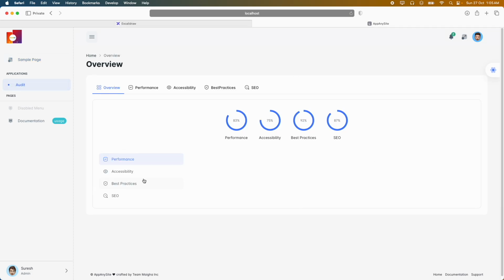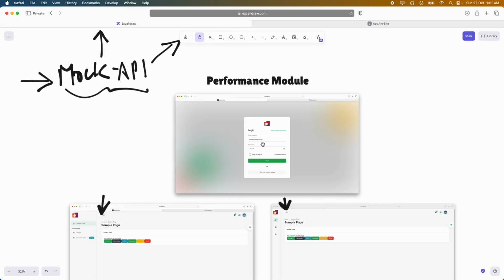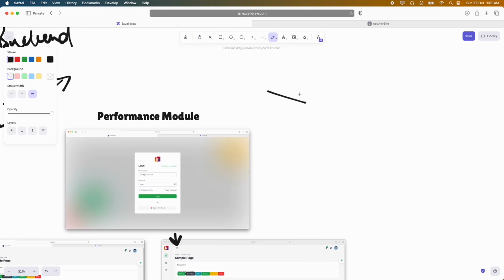This is a module which they have implemented. Here we have this overview tab, performance tab, accessibility, best practices, and SEO. As you know, we are analyzing the performance of the website. We are basically performing an audit of the website using the Lighthouse